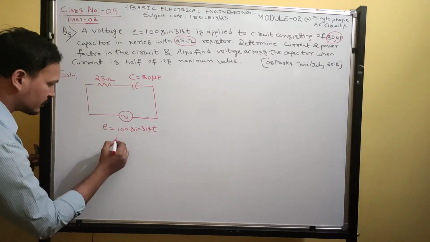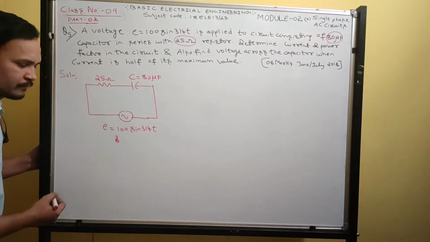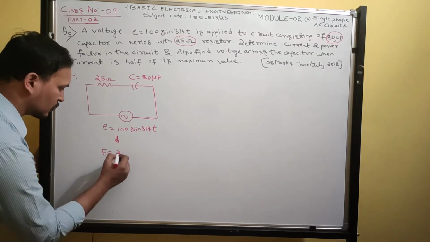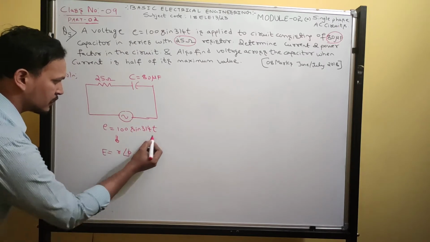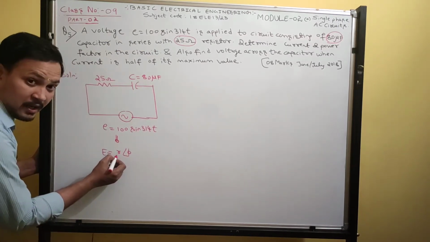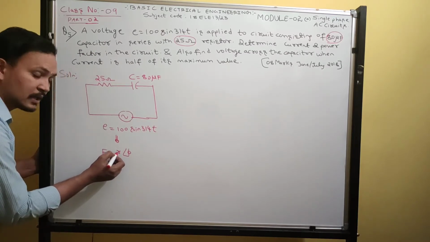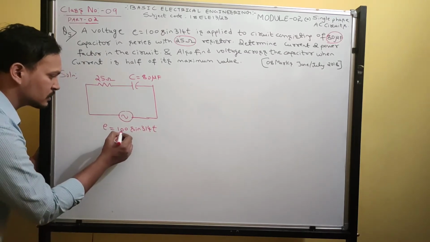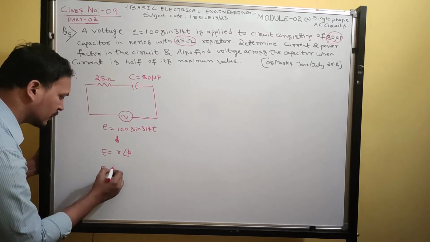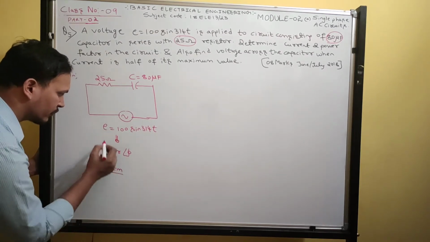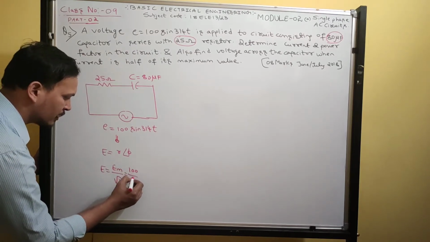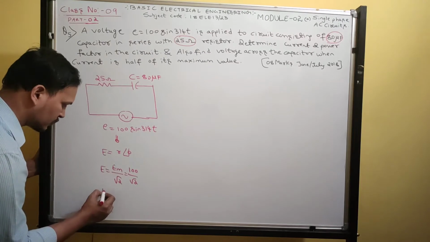See, now convert this into polar form. So now I am writing in polar form. E is equal to R at an angle of phi. Since there is no phase angle, this phi will become 0. What is R? The magnitude. What does this indicate? The RMS value. What is this? The maximum value. So convert it into the RMS value. What is the RMS value for the given voltage? Em by root 2. What is Em? 100. 100 by root 2. How much will you get, guys?